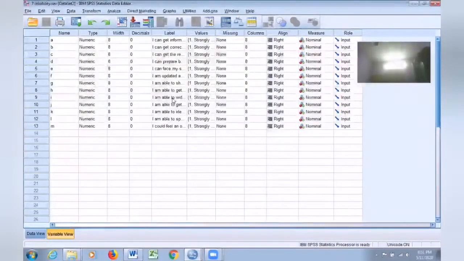See, for example, I want to find out how good you are with the computers. So I ask not one question, I ask many questions. Do you know operating system? Do you know MS Office? Do you know MS Excel? Are you good in internet? Do you have email account? Are you a member of social groups? So I ask many questions.